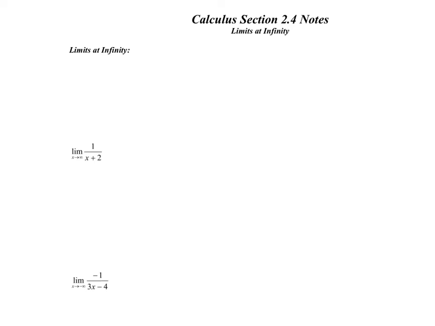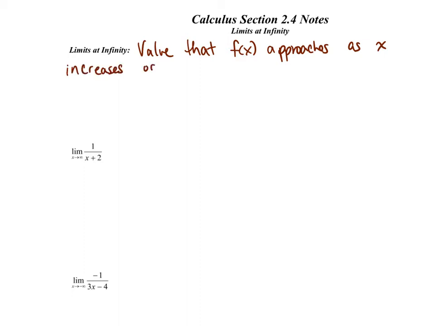Okay, in the previous section we talked about limits that were infinity, so the answers were infinity or negative infinity. In the next section we're going to talk about limits at infinity. And when you talk about a limit at infinity, it's going to be a value that a graph approaches, or f of x approaches, as x increases or decreases